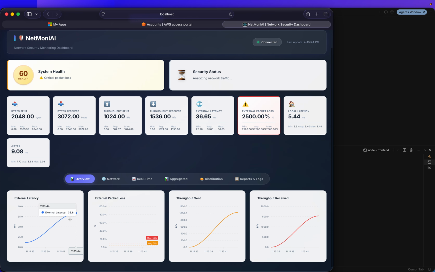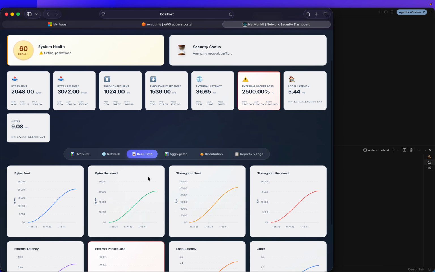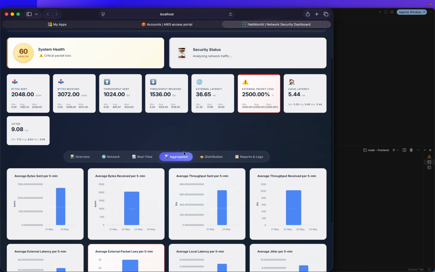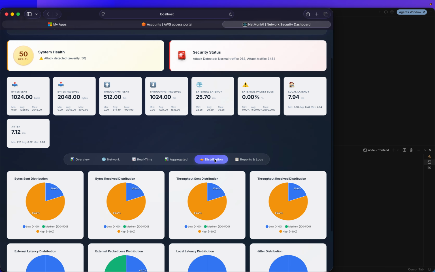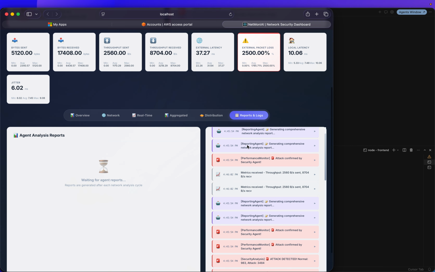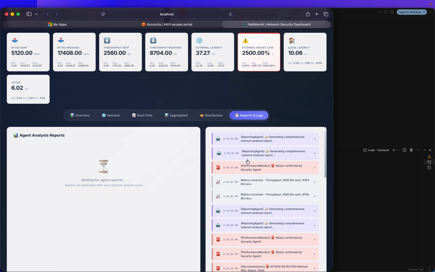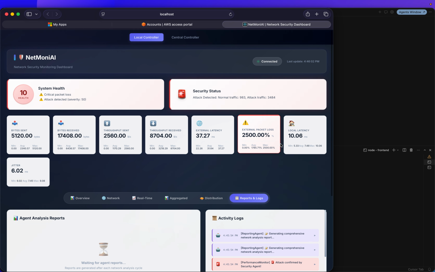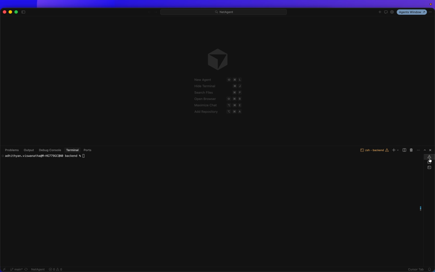The data gets displayed here in real time, and we can also see how many bytes there are in a chart view, and the distribution of systems, showing what percentage we are receiving. The report shows the attack here and confirms whether the attack has happened or not. This is how the situation plays out.